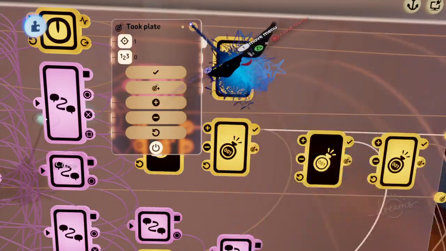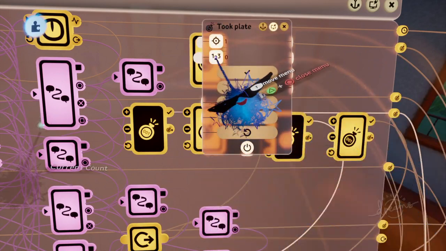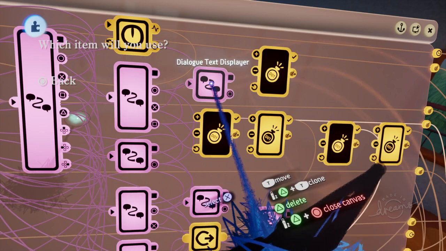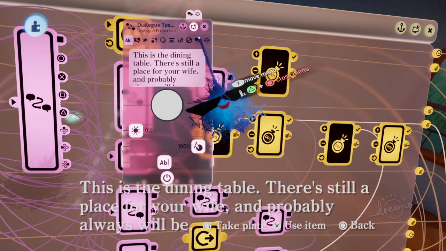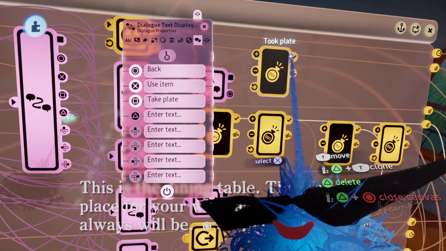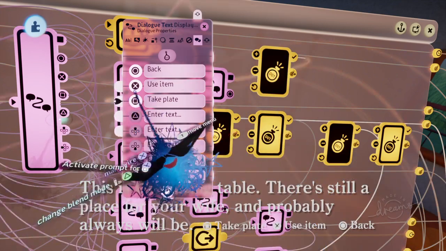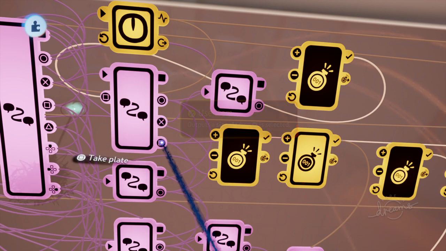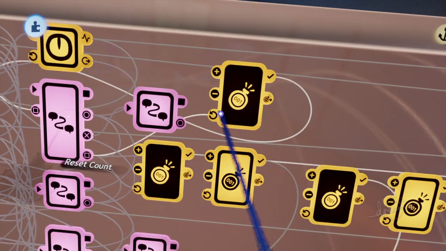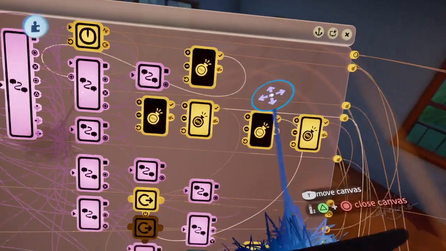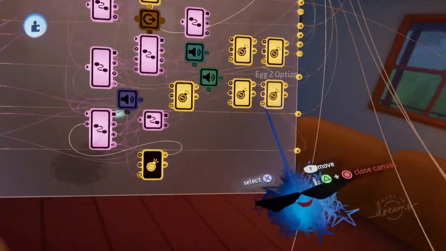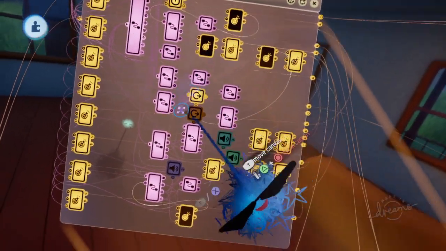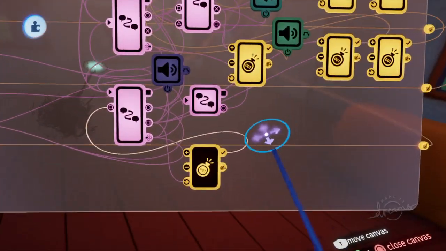All right. So this will be on initially, but once you take the plate, it will remove the option to take the plate. So here is take plate. That needs to turn that option off after you've taken the plate. Okay. Man, hard to believe how much logic it takes to make breakfast. But anyway, so